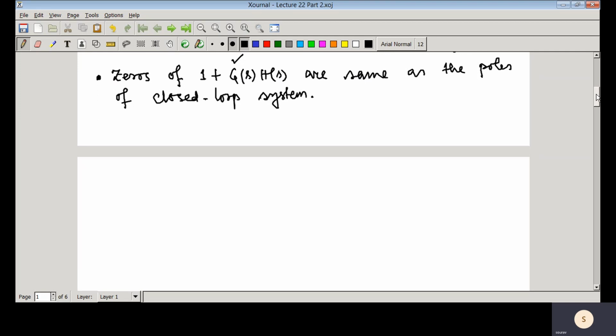So the Nyquist stability criterion is developed based on a particular concept of complex analysis, called the principle of argument. Now I am just going to discuss what that principle of argument is. Before that, we need to understand mapping in the complex plane. So let us understand what the mapping of a contour is.